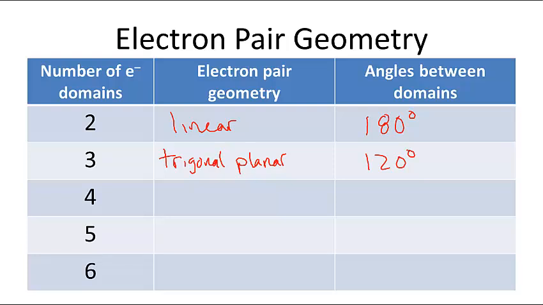All right. So 4 domains is tetrahedral. We call it tetrahedral. Tetra means 4, so tetrahedral, 4 sides. And this is about 109.5 degrees. Now, 5. If we looked at 5,